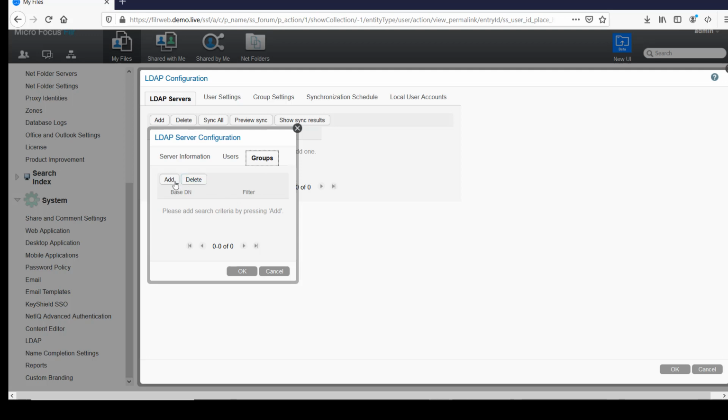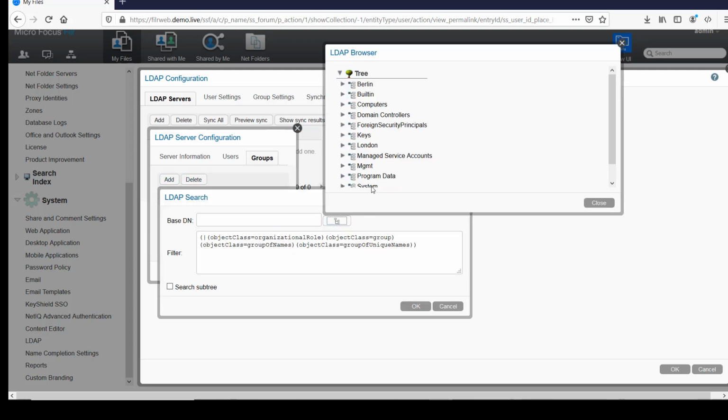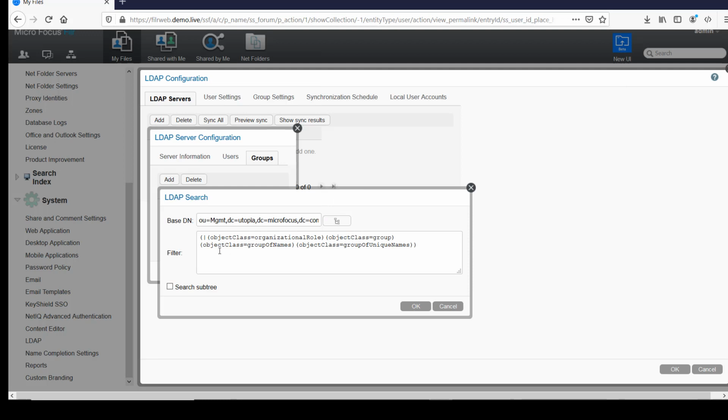click on groups, and we'll just add a new group container for groups, which will be the MGMT. We can say search subtree. Again, we can change the filter here if we only want to bring in specific groups, but the important thing here is to bring in all groups in the system that are being used to assign file access controls. If we don't have a group and we don't know the membership of the group, we can't give a user rights to see files or a directory, and you may have users complain that they can't see files that they were expecting to see. Click on OK,